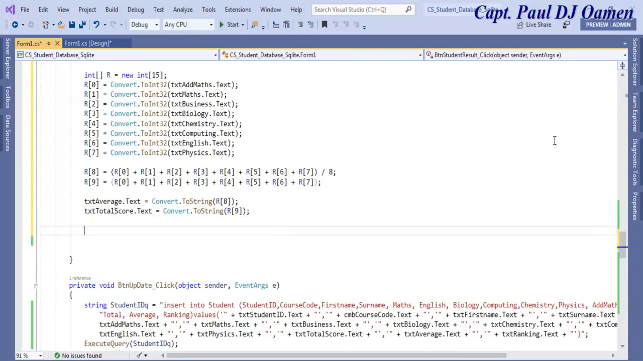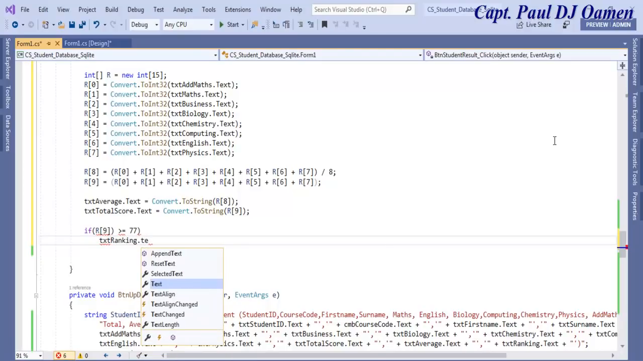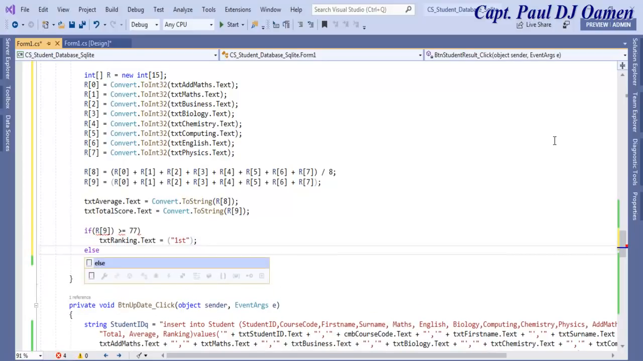So the first one is going to be if R9 is greater than and equals to 700, then we'll say txt ranking dot text equals first class. So there we go. Else if